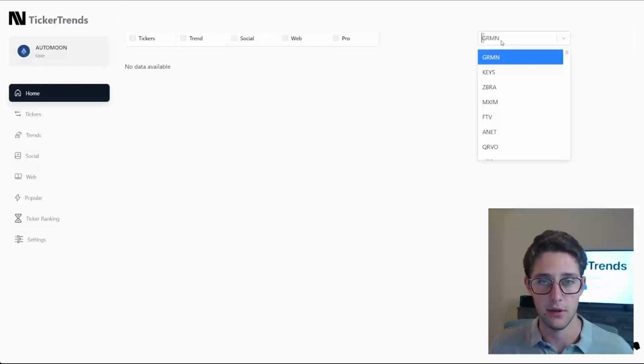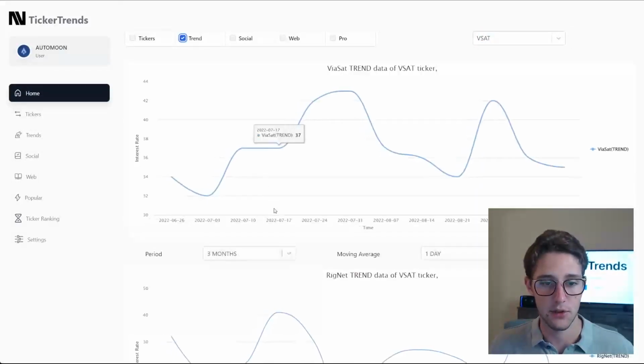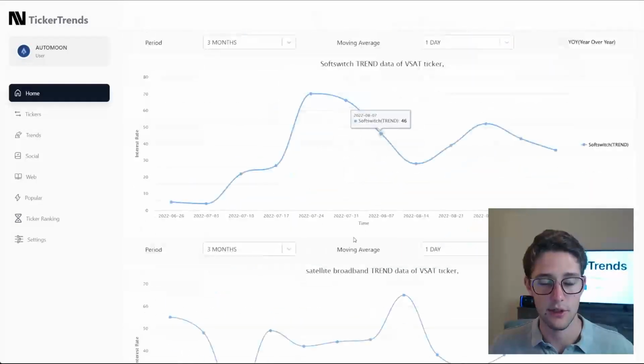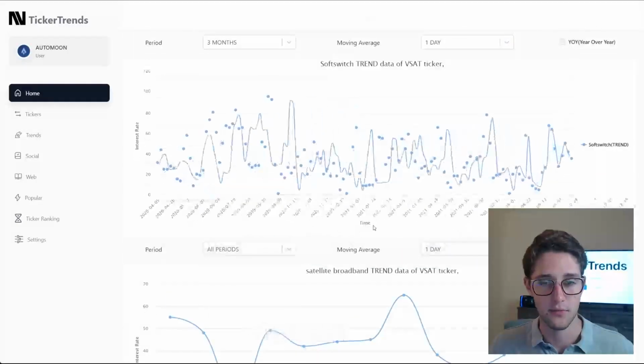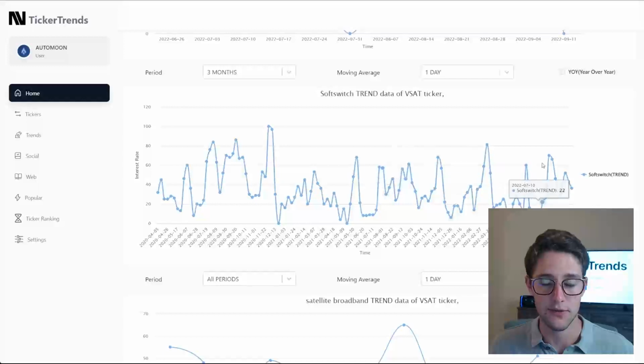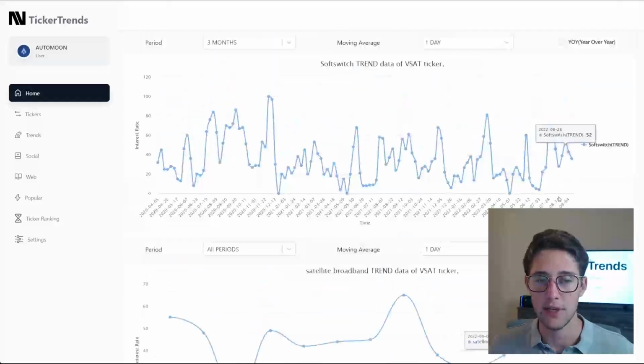So I'm then going to go back to the main page. Again, I'm going to look at the different trend values, and here is Soft Switch. So I was only looking at the 15-week percentage gain. So that's not many values. And you can see here, if I'm looking at 15-week percentage gain, it might have been like here compared to the current value. So, you know, there has been a lot of growth,